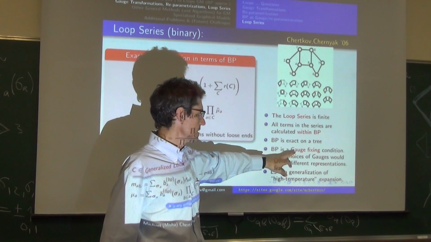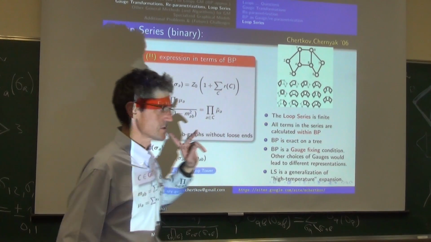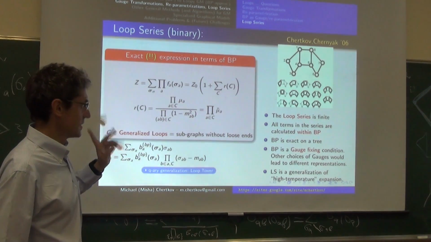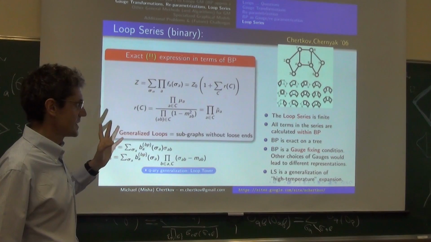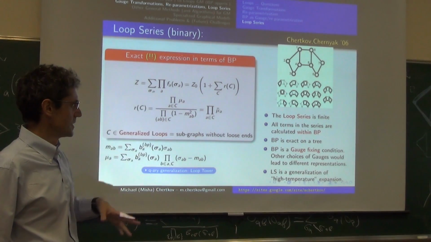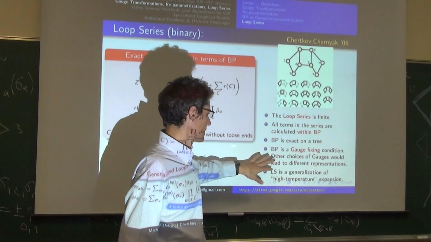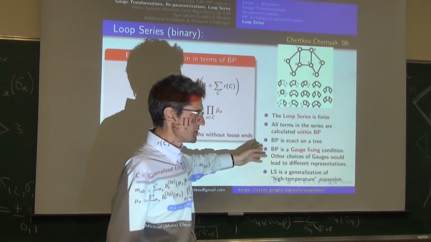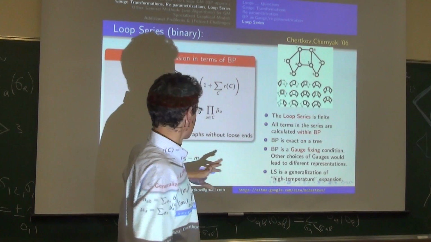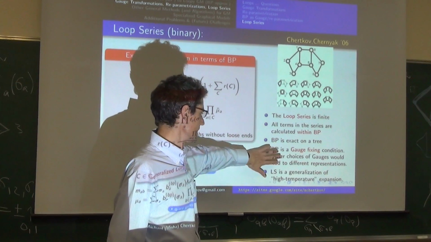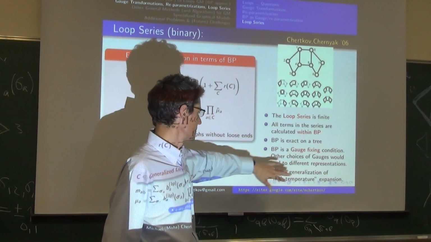Well, if you choose other gauges, you will not fix those equations. You can also do it, but then you'll get more contributions. And actually, there are interesting stories yet unexplored, whether it is better or not in terms of approximation, but here in any case, I fix all those